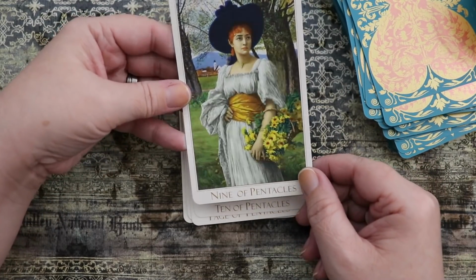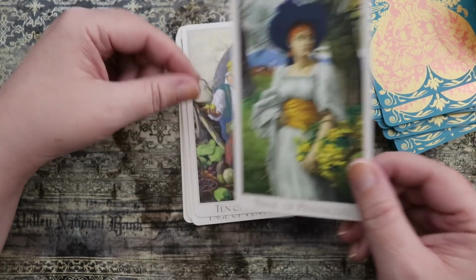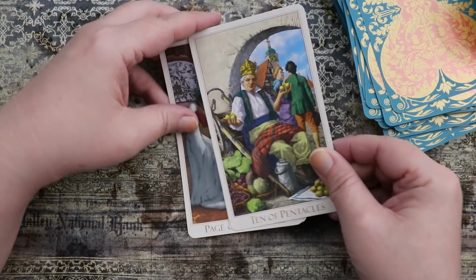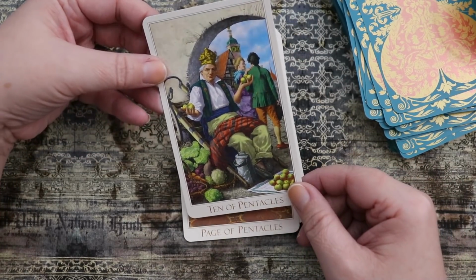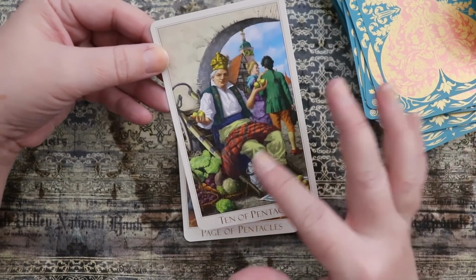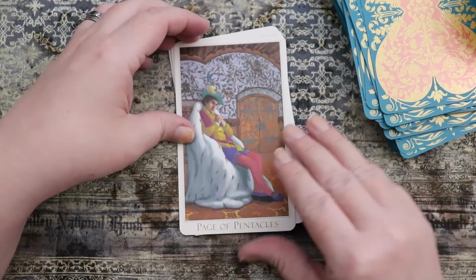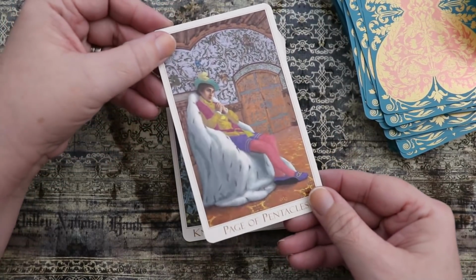This Nine of Pentacles definitely has that luxury feeling going on. Love her outfit. The Ten of Pentacles, all that abundance all the way around, very successfully built up, right? The family business or the family farm, or however you want to look at that. Then we have our Page of Pentacles,